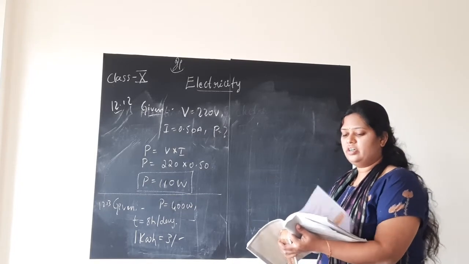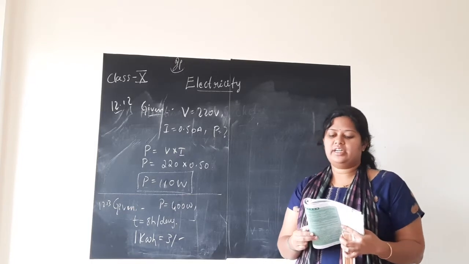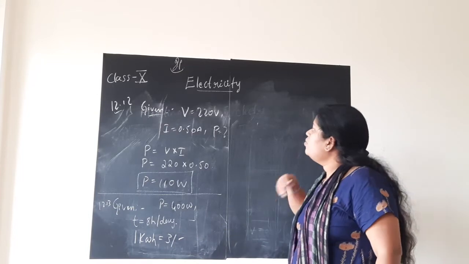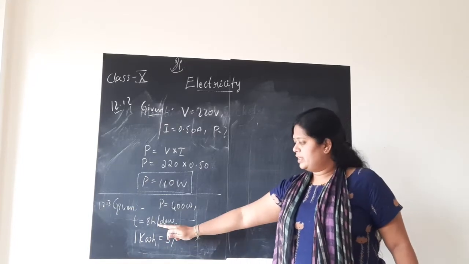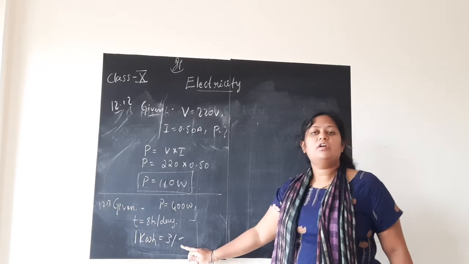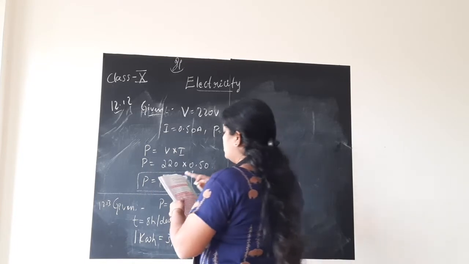In the next question, you have the solution. The total energy consumed by the refrigerator in 30 days would be. So first we need to find out how many hours, if it is working 8 hours per day, in 30 days we need to pay the charge, no? So for 30 days how many hours it will become, let us find out. So that is what they have done.